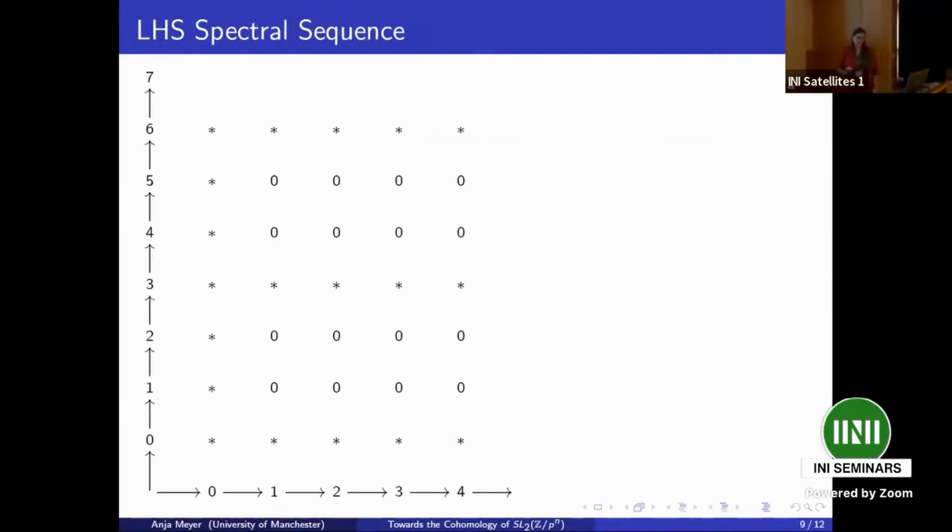How do we see this? Well, this is the bottom left corner of the spectral sequence. So the arrows indicate it goes on in this direction and it goes on in this direction, which means that any differential coming out of the horizontal edge must be a zero differential, because there's literally nothing there. And because for p equal to 3, our short exact sequence for the Sylow is a split exact sequence, all the differentials into the horizontal edge vanish too. So everything on the horizontal edge survives.